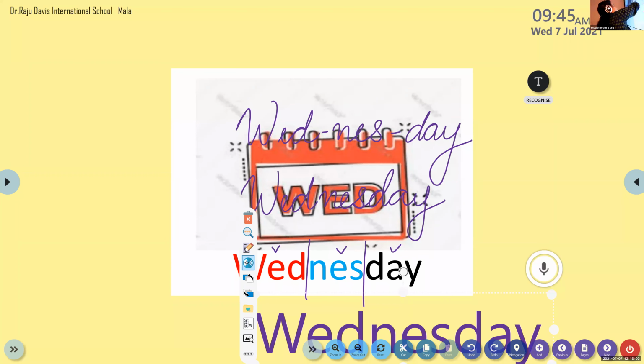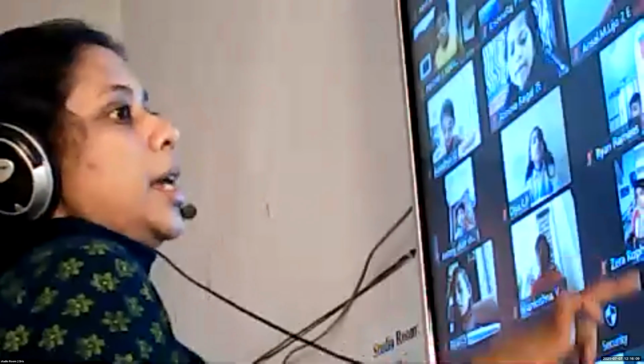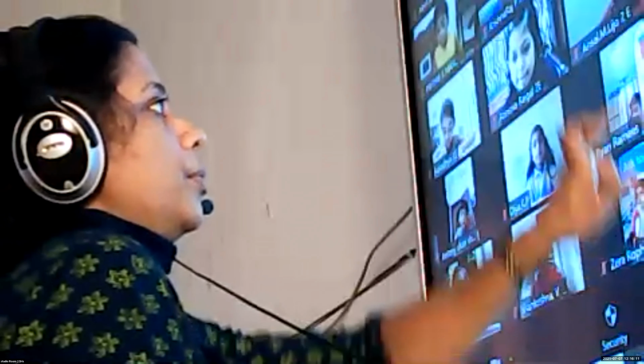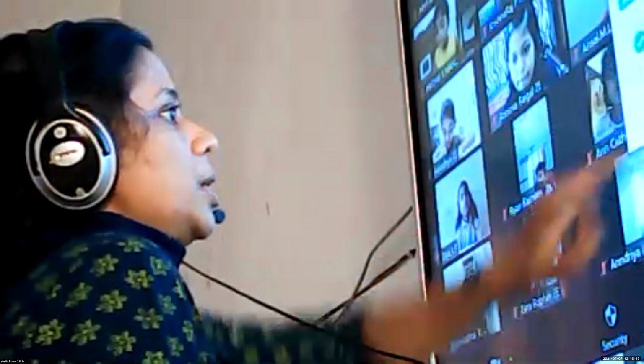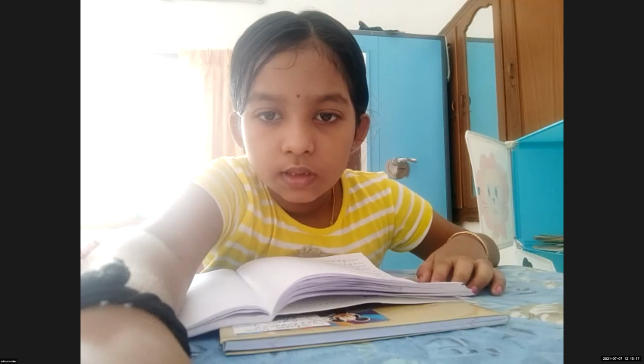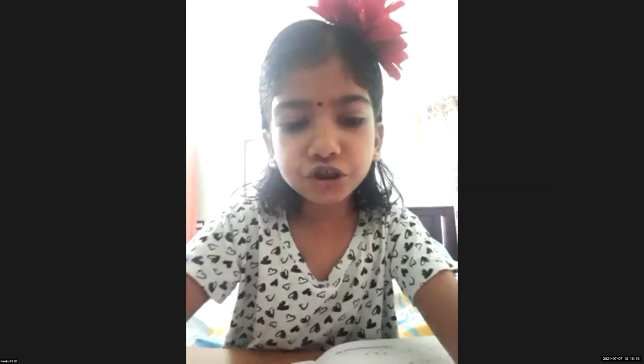So in today's session, we have learnt about 8 words. Haven't we learned the 8 words, children? Yes? Which are those words we learnt in today's session? Yes, I'm going to ask you. Wait, let me mute you all. Okay, Malavika, come on, tell me any word that we have learnt in today's session.